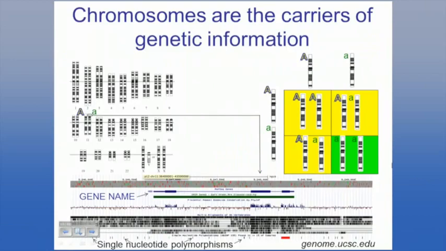As a reminder, in the case of humans, we have a total of 46 chromosomes, 2 copies of all of the autosomes, that's chromosomes 1 through 22. If you're a male, you have an X and a Y chromosome, and if you're a female, you have 2 X chromosomes. And just to reiterate, each individual nucleotide along these chromosomes could be a potential genetic allele